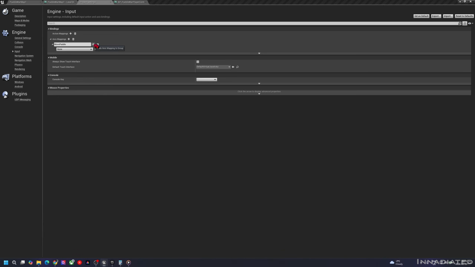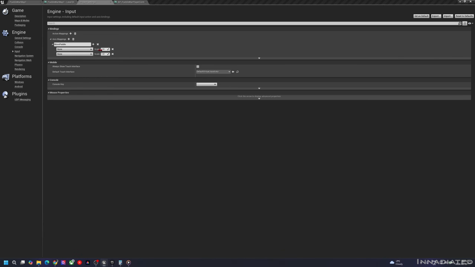We're going to add another key. We're going to set this to be W. And we will set the bottom one to be S